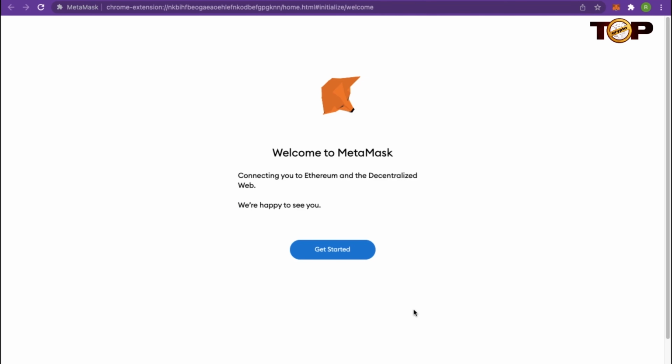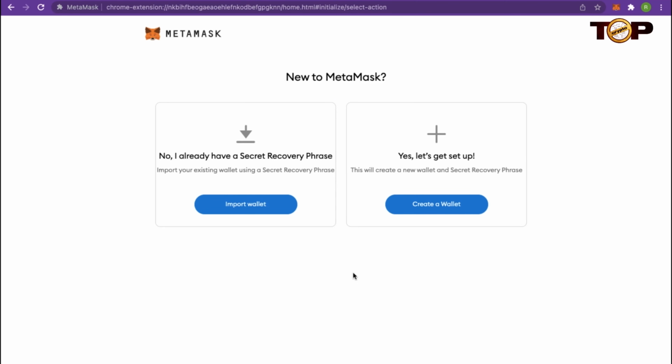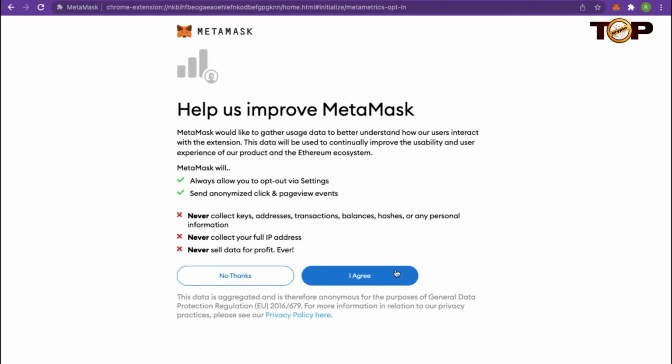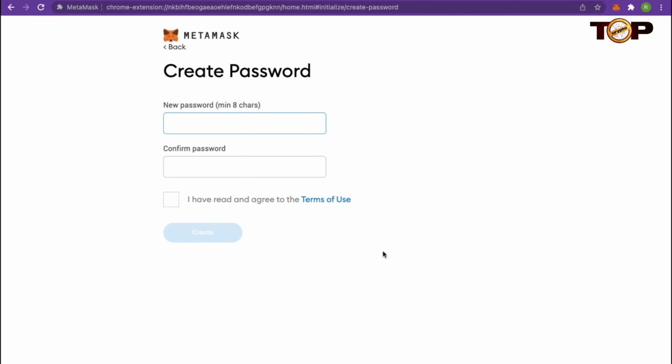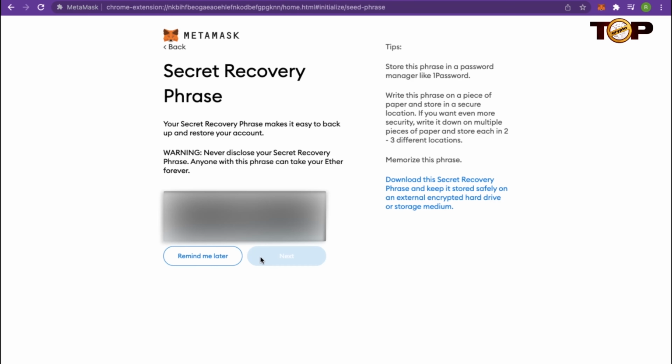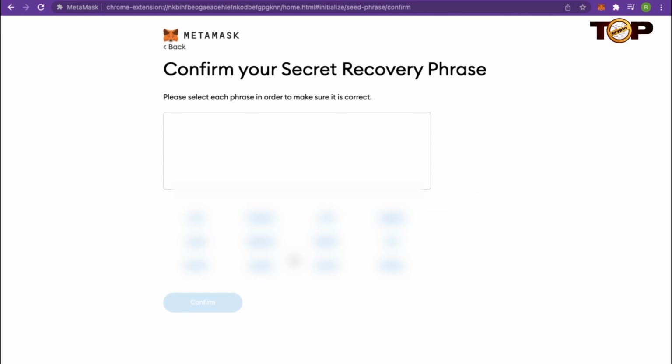After you download your MetaMask wallet in your Chrome extension, it's time to create an account in MetaMask. Just click Get Started and create a wallet. After that, follow the process to make an account. First, make your password, and this is an important code that you need to see. Don't share it with others, it's very important, and it says 12 words or phrase. You need to write the 12 secret recovery phrase on paper. If you lose your MetaMask account, the secret recovery phrase is the way to recover your MetaMask account. Next step, choose the words in order using your secret recovery phrase, and click confirm, and you're done making